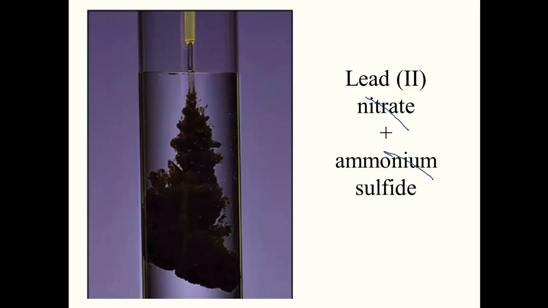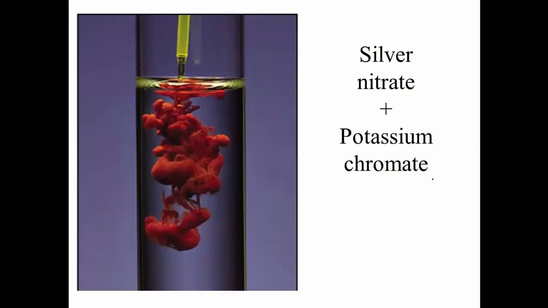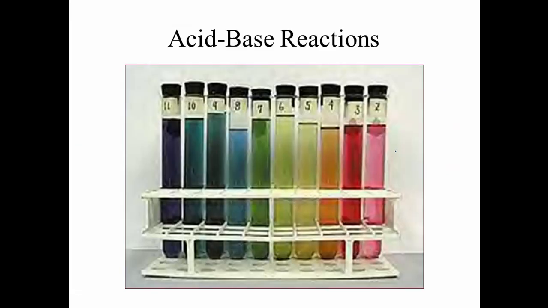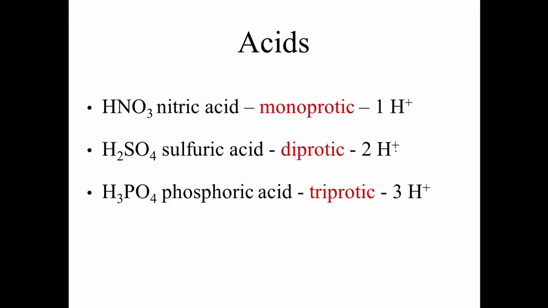In a net ionic, you cannot leave the spectator ions in there. You cannot write them and then draw a line. You have to not write them at all. Silver nitrate and potassium chromate would make silver chromate because all nitrates and all potassium would still not be in the net ionic. Your acid-base reactions